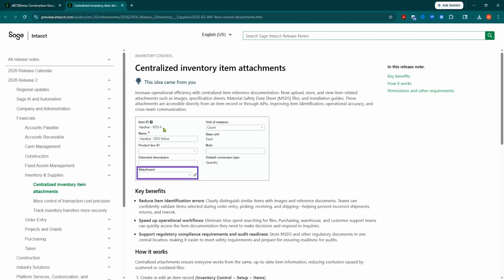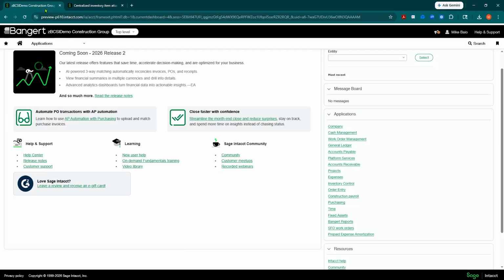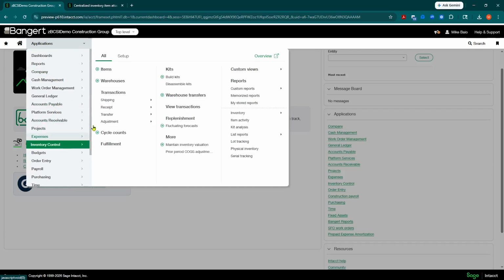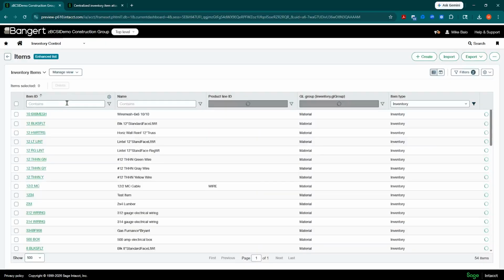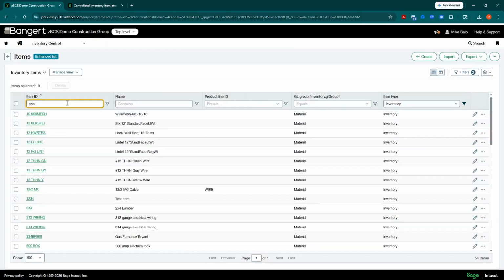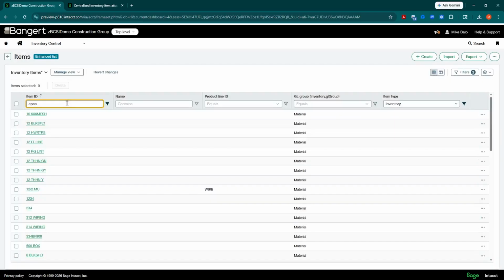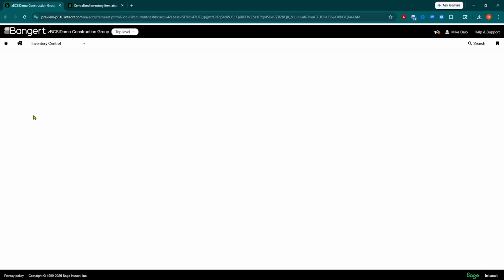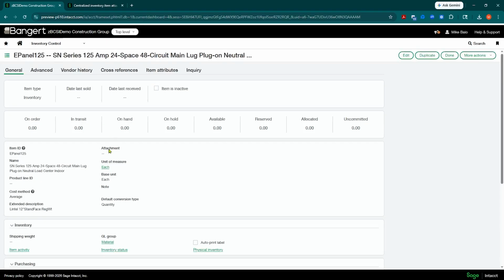Let's take a look. You can go directly into the item records throughout the system in Sage Intacct. I'm going to go right into top level at the inventory under items. And if we pull up an item, you'll see there'll be a new field for attachments now. I'm going to do a quick search on my item that I want to add something specifically for. And so I have an electrical panel. I'm going to go ahead and click on it. And now you'll notice you have an attachment function right here. Now, if I want to add an attachment, I'll go over to Edit.